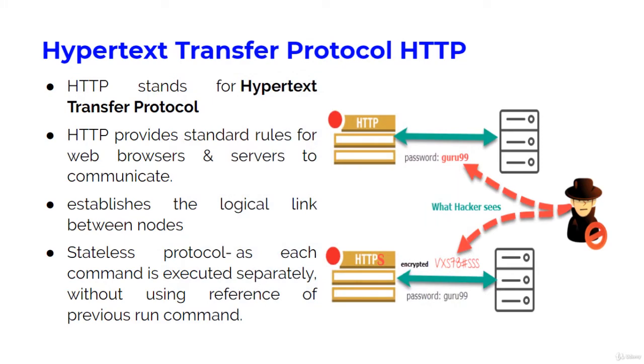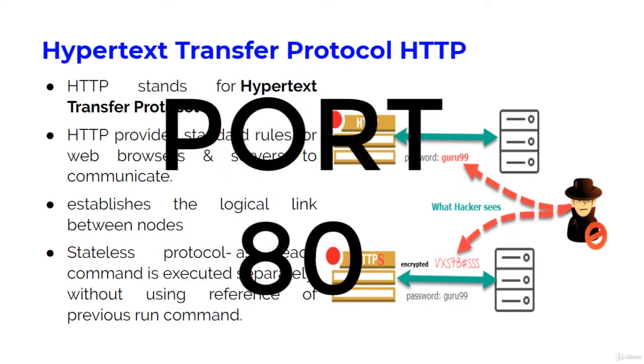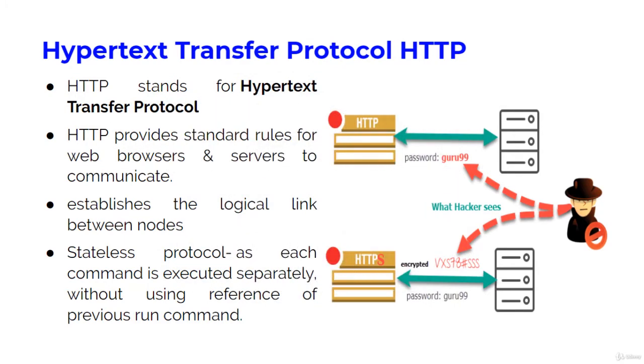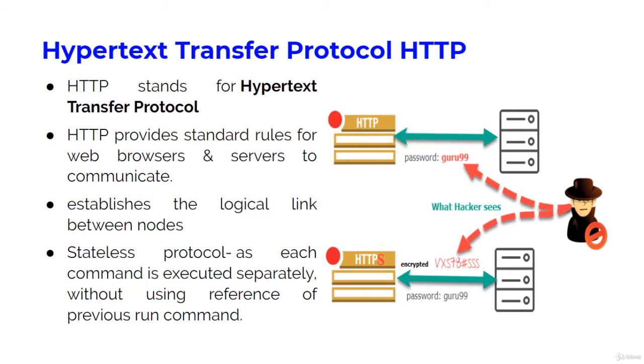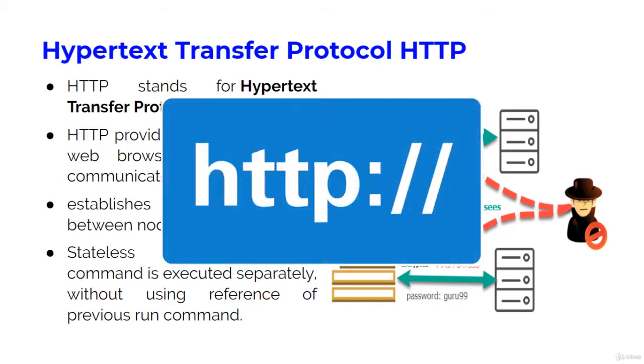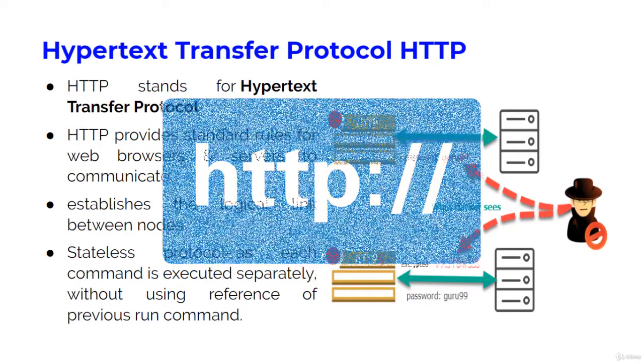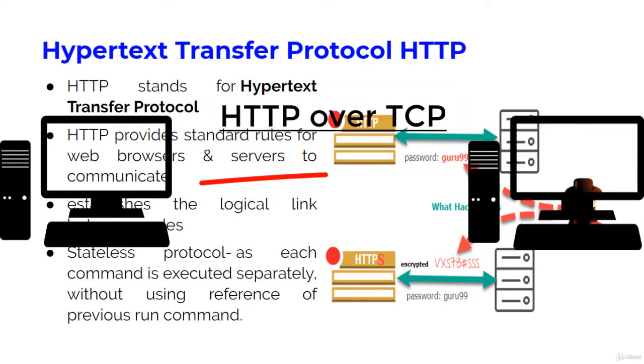HTTP uses the services of TCP on the well-known port 80. HTTP version 1.1 is the most commonly used version today. HTTP works by using a user agent to connect to a server. The user agent could be a web browser or a spider. The server must be located using a URL. The URL always contains http:// at the start. HTTP is a client-server protocol by which two machines communicate using a reliable, connection-oriented transport service